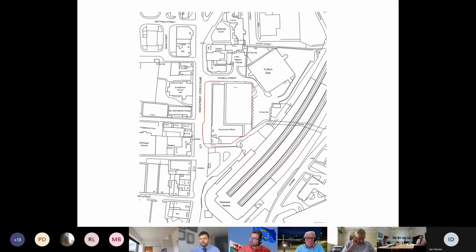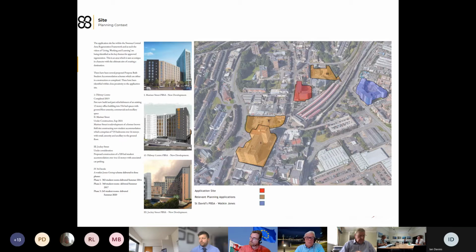If we go on to the next slide, then it sort of gives us a context. So you can see just the context there. It's the red coloured image, the application site. You've got the train station immediately to the south. Pictured there, the applicant has put some relevant planning applications in, just for context. You can see the Mariner Street near the site, the Jockey Street scheme, as well as the Old Way Centre. So there are a few different schemes there, and then in blue is pictured the St David's student development there